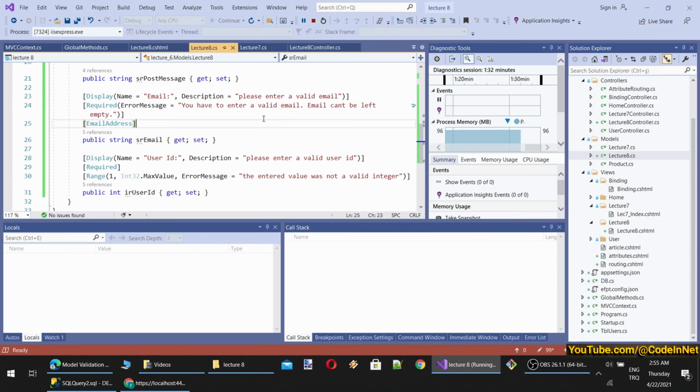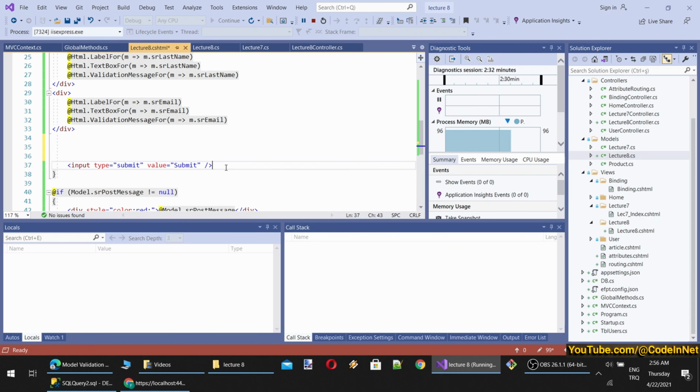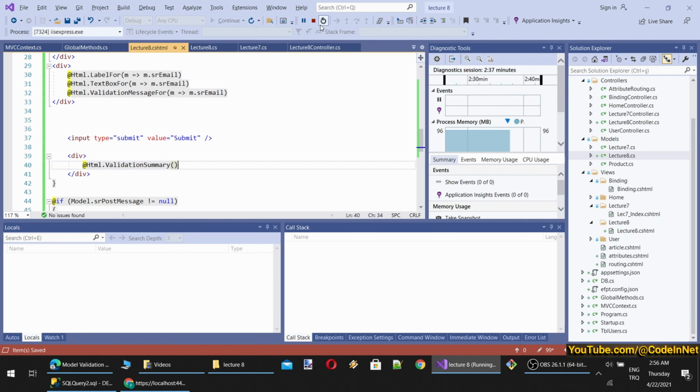Displaying a validation summary. An individual error message for each input field can be really useful, especially if you have a large form. However, for smaller forms, like the one in our example, it might be more useful to simply display a summary of the validation errors, either above or below all the fields. That's easily accomplished, thanks to the validation summary method found on the HTML helper object. Okay, let's also print a summary and see what kind of output it generates. I am going to put it under the input like this and see what kind of validation summary output we will get.